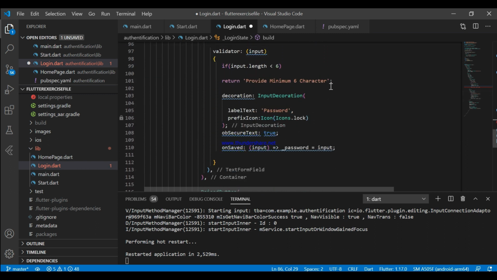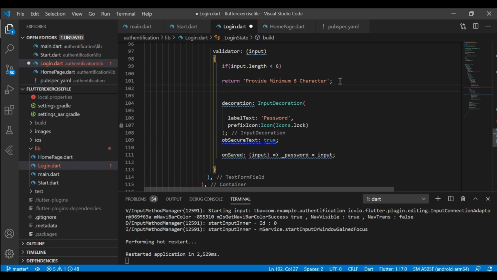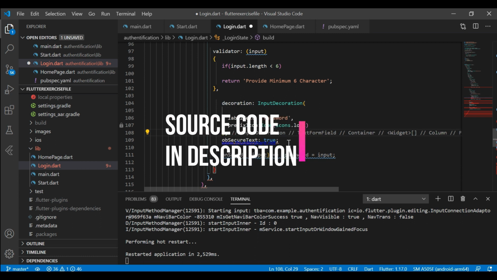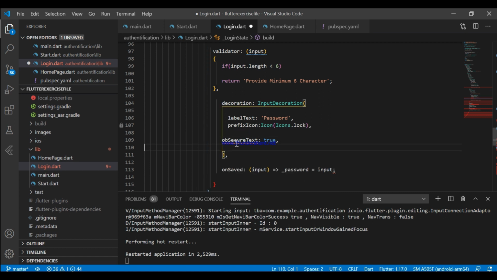Sometimes these small errors will take an hour to resolve, so you can't ignore this debugging part. Sorry, here's a typo. It's obscureText. Don't know how to pronounce it. Sorry.